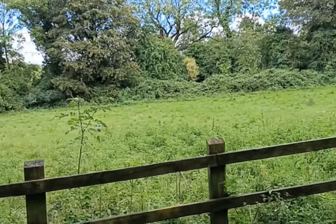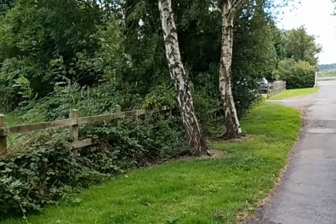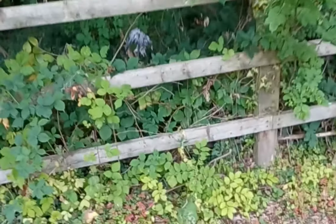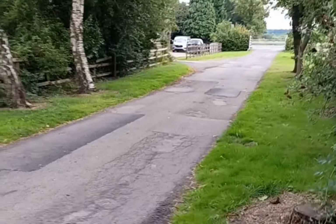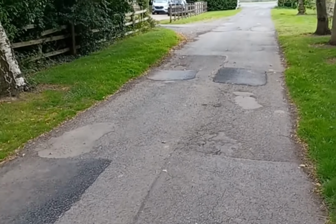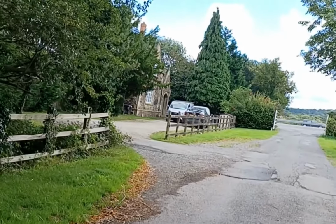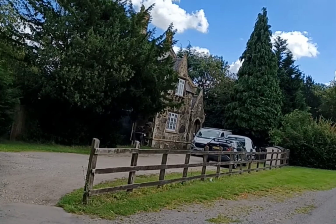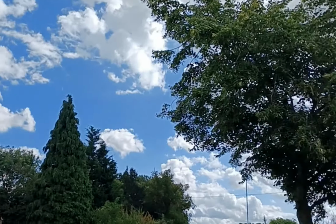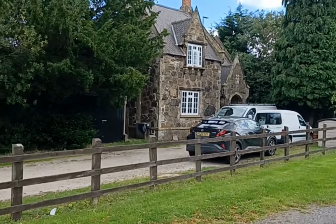Beyond there is that cricket ground that you see. This is that little lodge house here. What's that? Oh, dead bird there. Skeleton of a dead bird. I know. That lodge, this is the house I wanted to see close up. This is pretty old. This lodge house here. See that road that they made off the road? It goes to a dead end there, so that's going to go into an estate at one time in the future. That's the lodge,